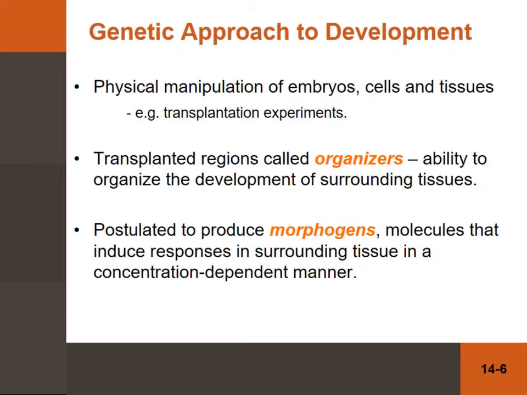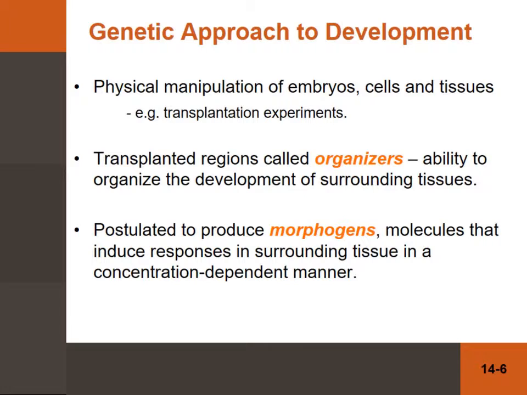And these transplanted regions of cells, for example, were called organisers because they had the ability to organise the development and affect the development of surrounding tissues. Now, these organisers were postulated to produce morphogens, that is, molecules that can induce very different responses in the surrounding cells or surrounding tissue in a